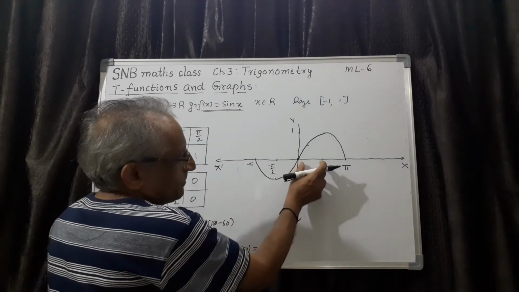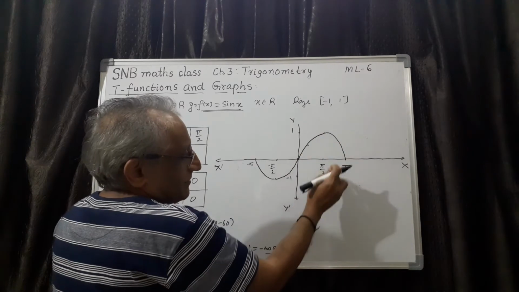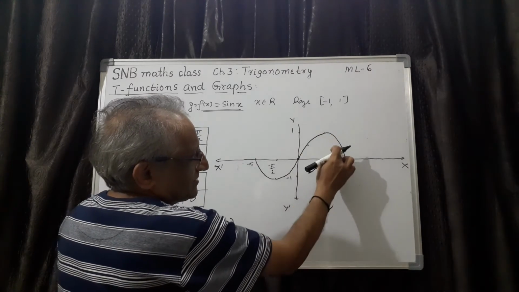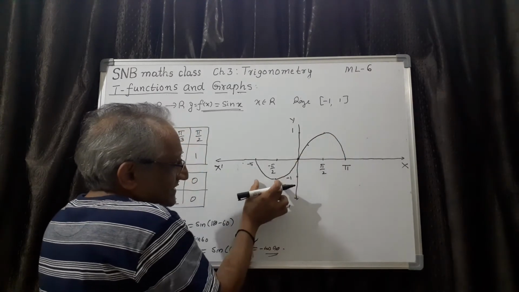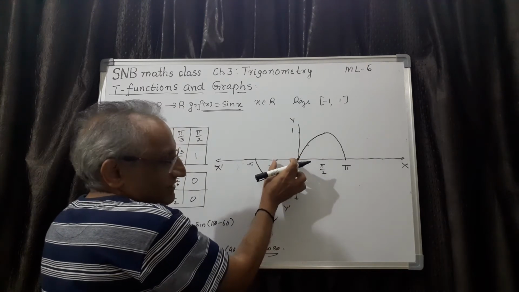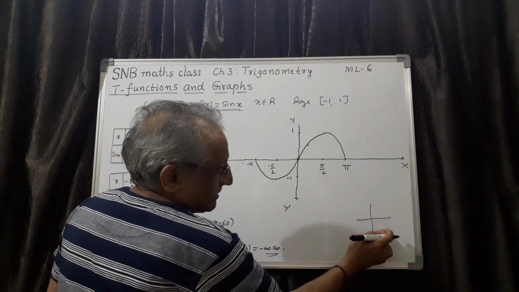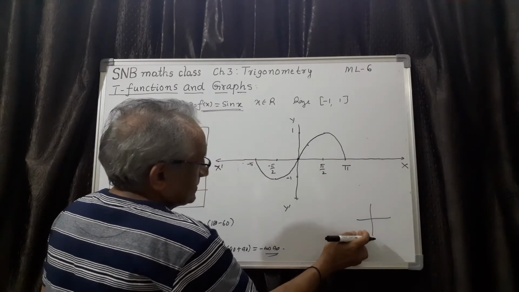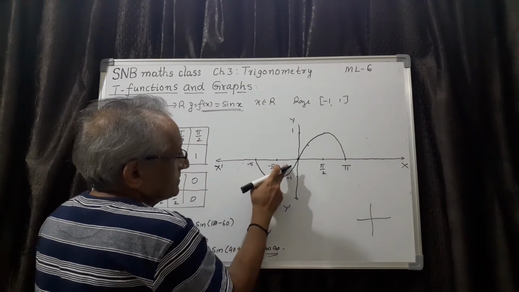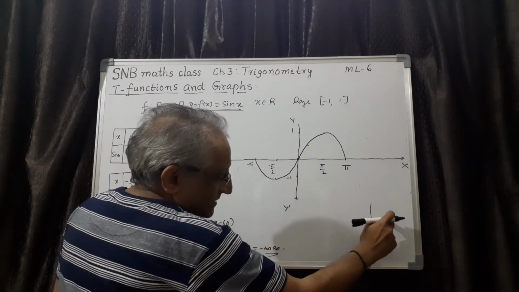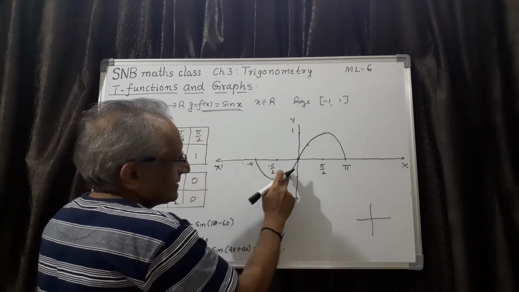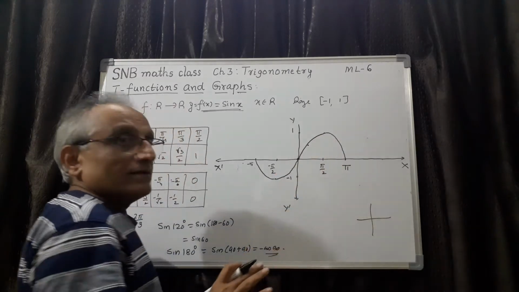See, 0 to pi, it is positive. Pi by 2 to pi also it is positive. What is this angle actually? It is 0 to minus pi by 2, negative. That means what you are getting is negative: minus pi by 2 is this fourth quadrant. This refers to the third quadrant, this refers to the fourth quadrant. So it is coming in this direction. See, here it is negative, here it is positive. That is sufficient.